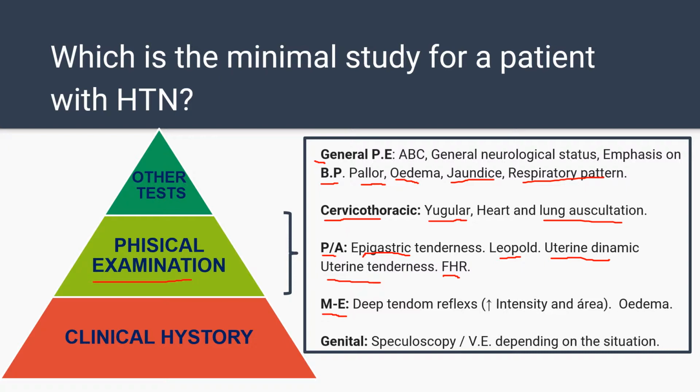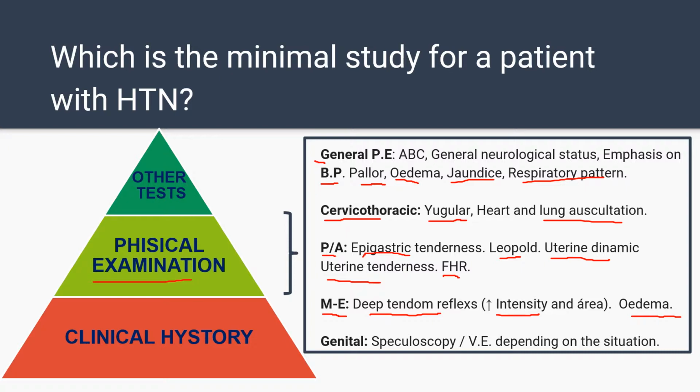In the musculoskeletal part, it's very important to check the deep tendon reflexes that are increased in intensity and also increased in the reflexogenous area. That is where the reflex can be started. If there is a wide and big reflexogenous area, it is a sign that the sensorial part of the patient is very excited, hyperexcitation of the reflex. Also to check if there is edema in the extremities,